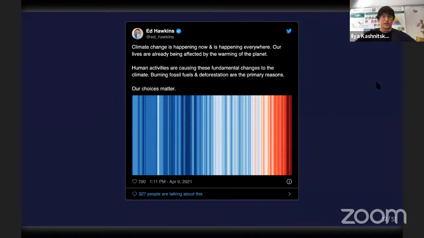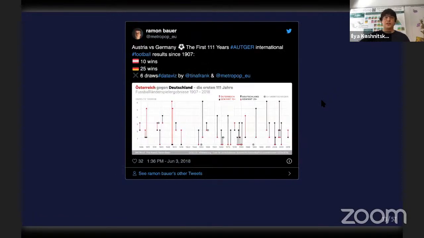So this is the famous climate stripes plot, which actually has almost no usual elements of a plot. It's just a time series of global temperature encoded as colors, and that's it. But we can immediately see what's happening there and how this plot relates to the narrative that we hear about the changing climate. This plot, I think, became super famous. Another example,